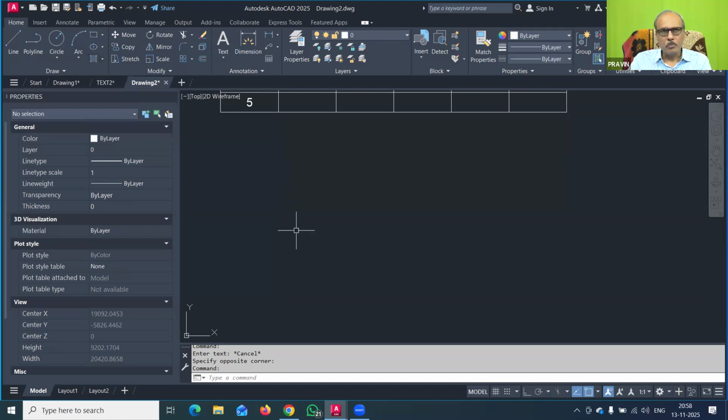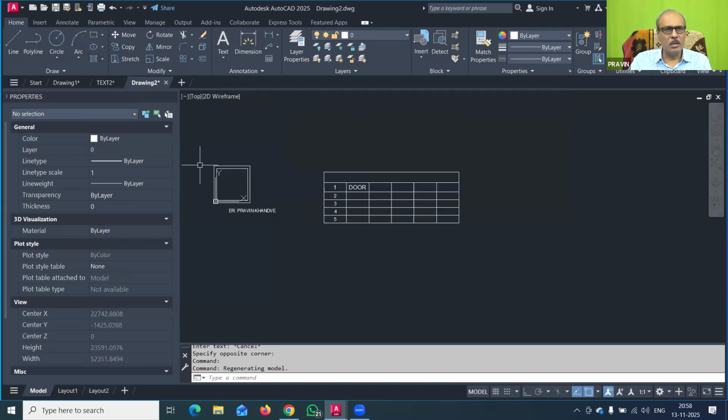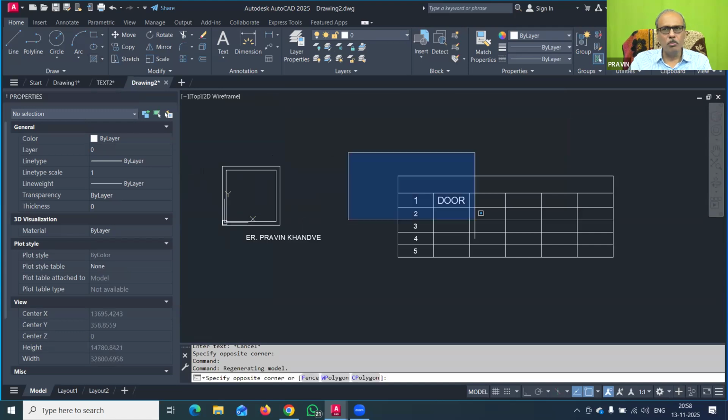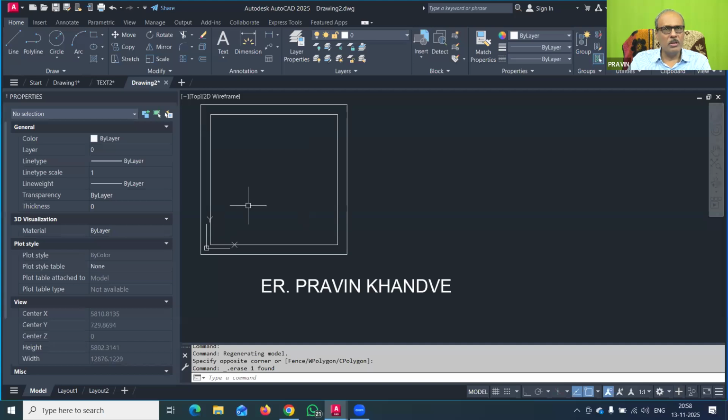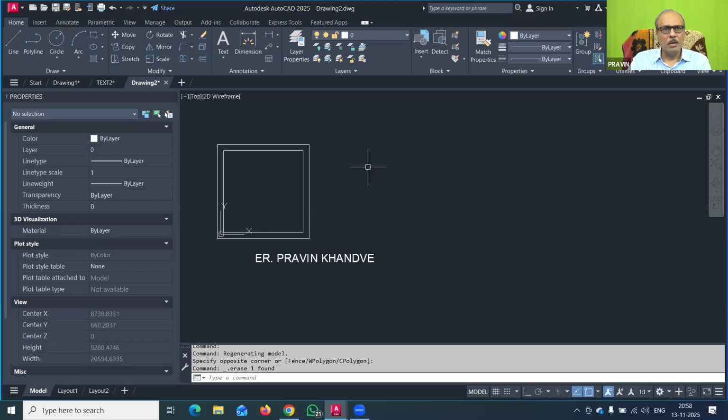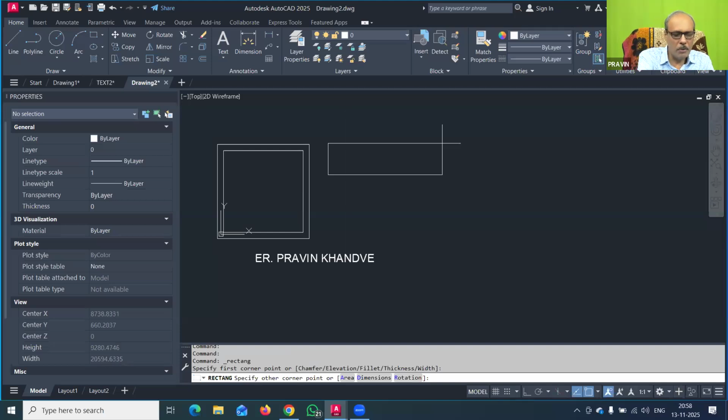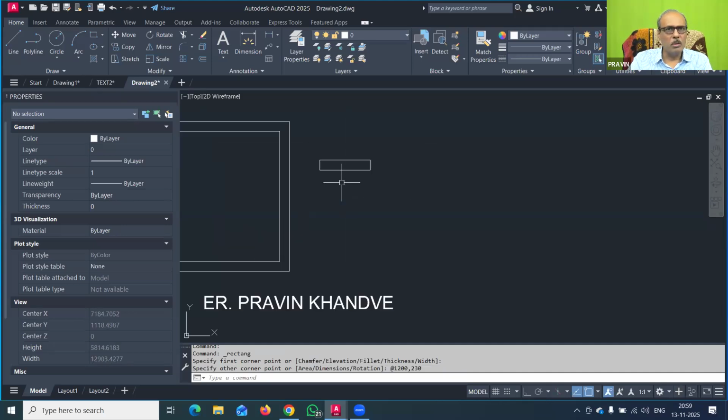With this, what you have to understand first is that you have to draw one room like this. Now with this one room, there are different things. For that purpose, I will just draw a rectangle here. Suppose I want to show a wall thickness. So I will draw the wall here at 1200 comma 230. That is 4 feet by 9 inches. So this is my wall, suppose. This is for the building drawing.